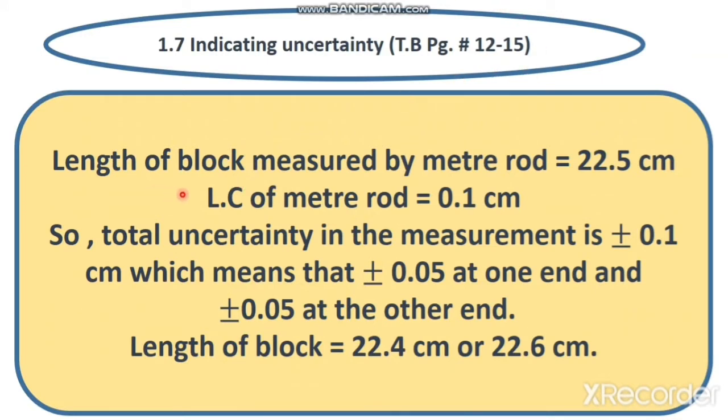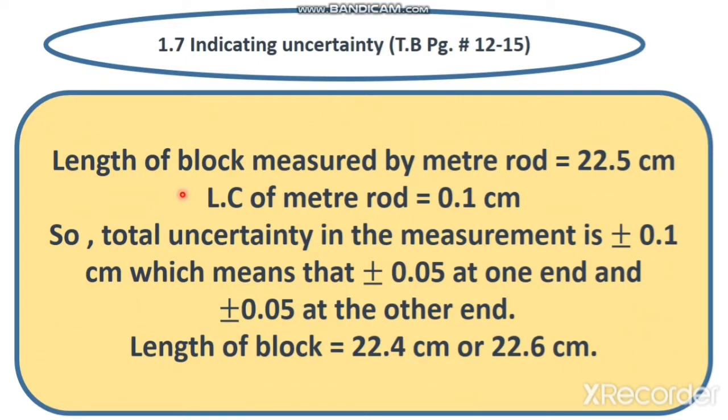We have already studied about errors and uncertainties. Error is basically the difference between the measured value and the true value. True value is fixed. For example, the true value for gravitational acceleration or gravity is 9.8 meter per second square. And uncertainties are associated with each measurement when the measurements are repeated for the same quantity under the same conditions and the results are different. In that case, uncertainties occur, and the uncertainty in the measurement is due to natural causes, for example, the change in temperature or humidity, etc.